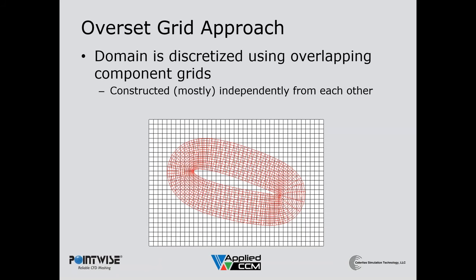In the overset grid approach, we begin by discretizing the domain with a set of overlapping component grids. These component grids can be generated about a complete body or a portion of a body, such as the bare ship hull or aircraft fuselage, a wing, a wheel, a fin, etc. They will be constructed mostly independently of each other. That's a real advantage, as we can focus locally and generate good quality grids locally without having to pay detailed attention to how these local grids fit with other portions of the body.